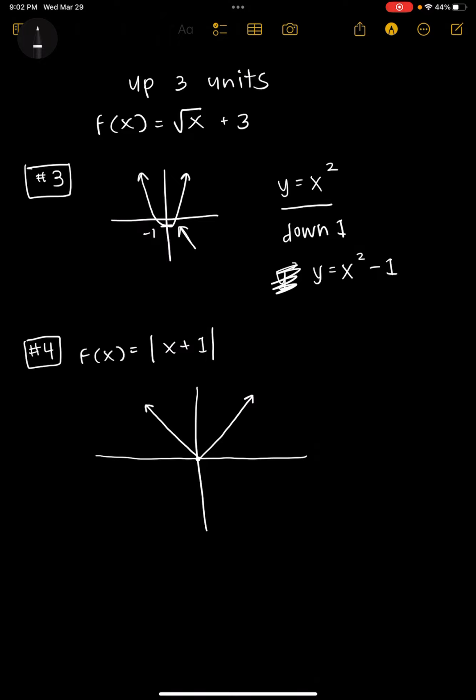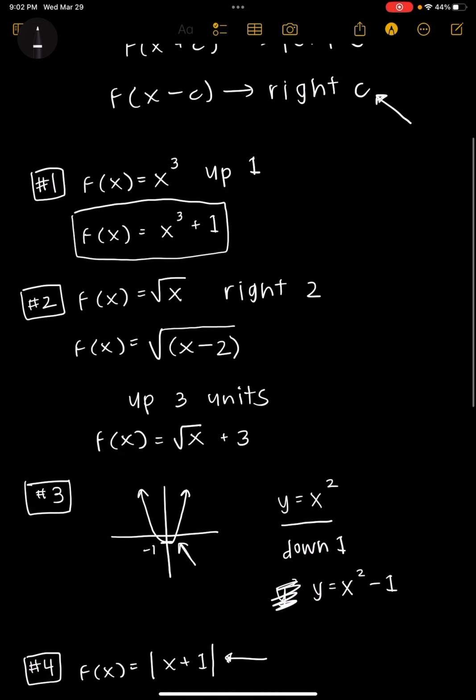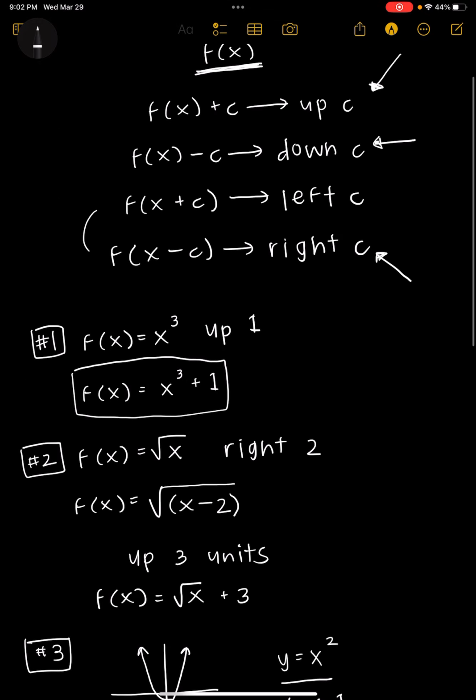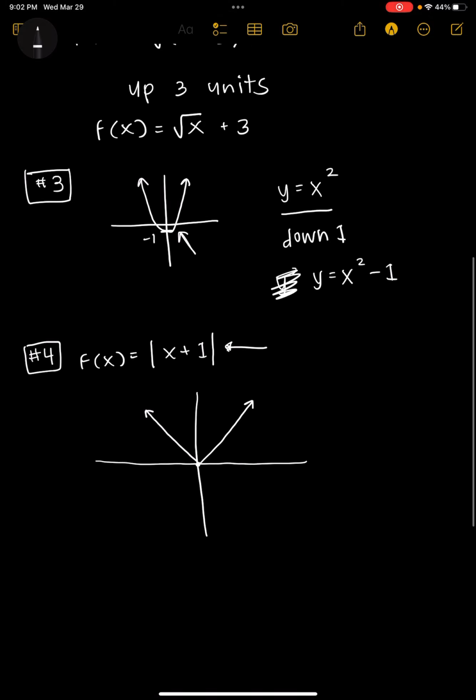Because this equation is a transformation, or a shift, of that, what I need to do is figure out what it's doing to shift, and then I can shift the parent function that way. So because this +1 is inside the absolute value, I'm going to scroll up a little bit here, it tells me it's got to be one of these two things right here because it's inside the parentheses. Because it's +1 instead of -1, I know it's got to be this guy, which means that it's going left 1. So I know I'm going to take the entire graph and go left 1 unit,